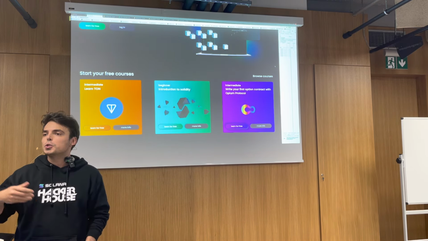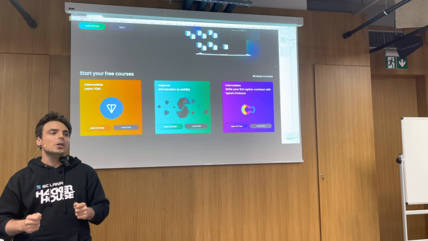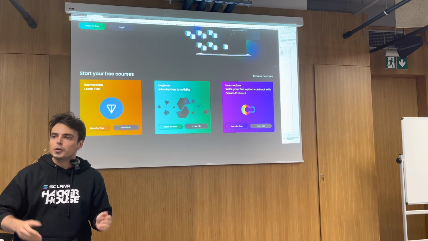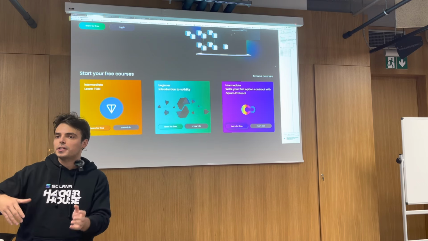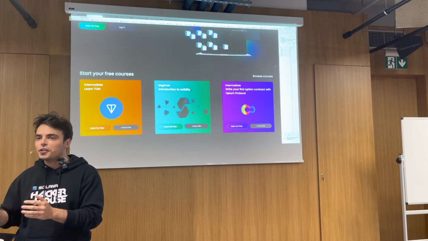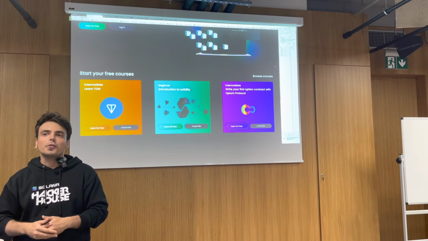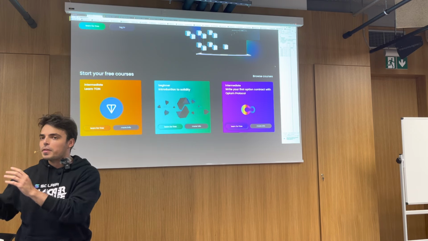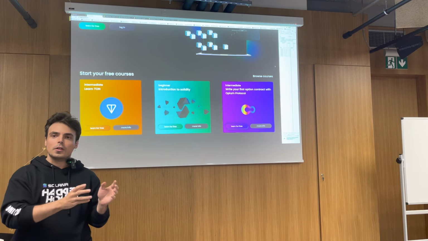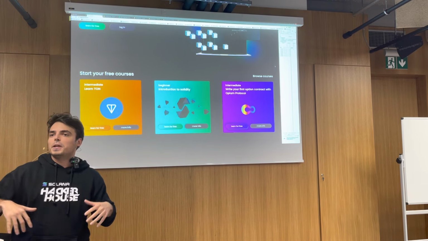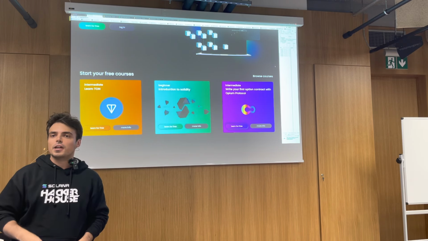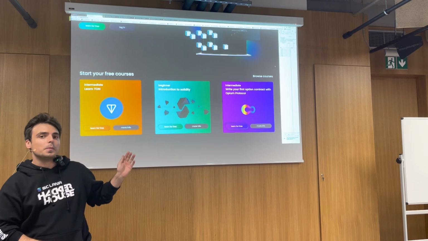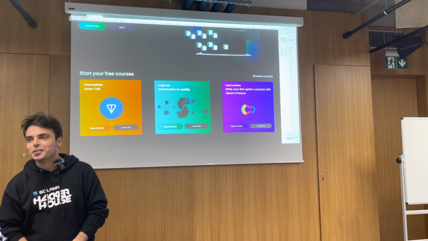So for instance, I come from the Ethereum space. If you want to appeal to talent, you're not going to appeal to a talent pool that is just coming out of nowhere. You're going to appeal to a talent pool that already has experience in another ecosystem. And in order to do that, you need to provide a cross-chain environment that can connect Web3 developers from the Ethereum space and Web3 developers from the Solana space in the same application. So the idea is to provide a fully cross-chain online IDE. And this is just the first step towards that goal. Any questions?